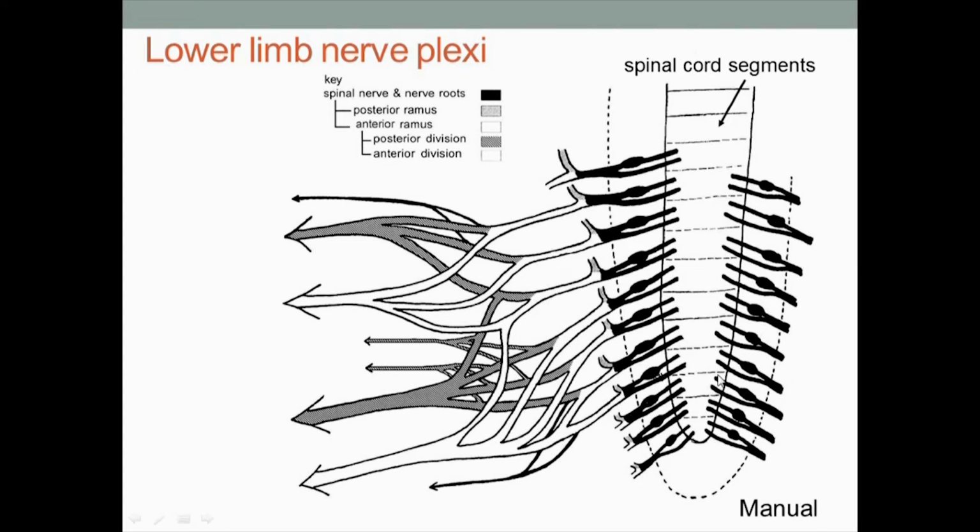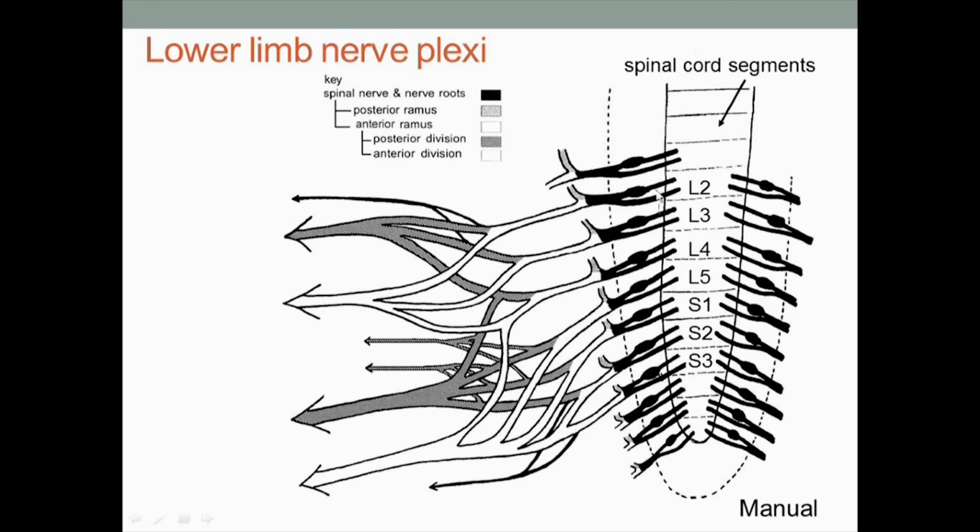So we can see here the segments of the spinal cord. Now in fact we know from our previous study that the spinal cord actually finishes at the L2 level, and the nerve roots indicated by these black lines on here actually continue down as the cauda equina to exit as spinal nerves down at these lower lumbar and sacral levels. So in fact it is diagrammatic, but it allows us to see the contribution of the spinal cord to the